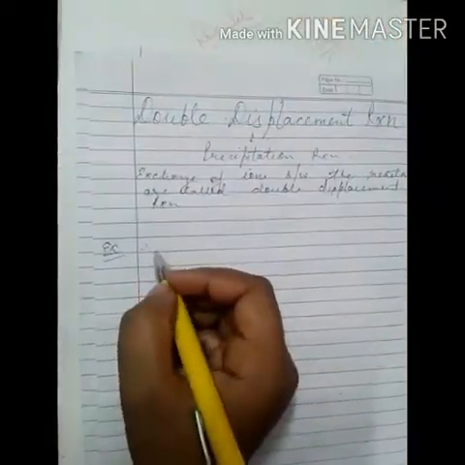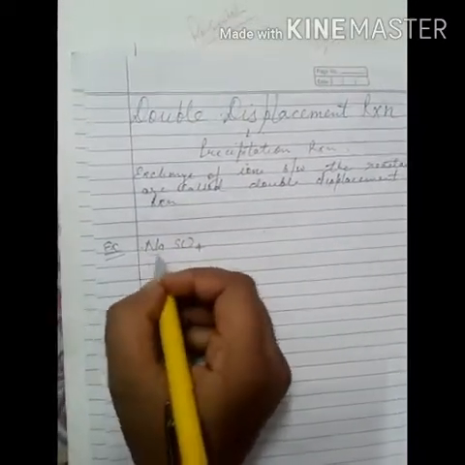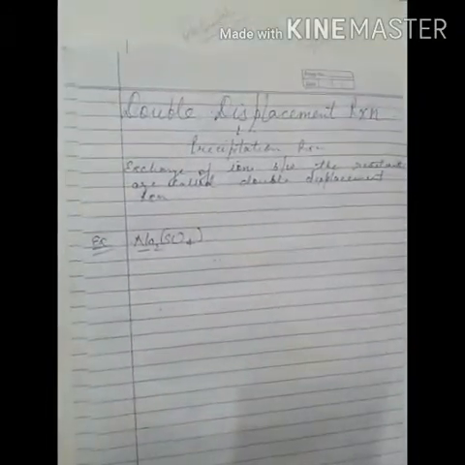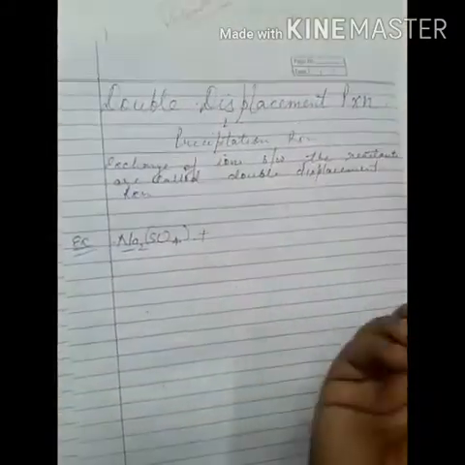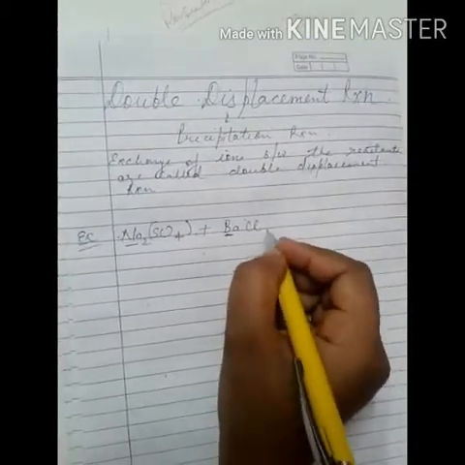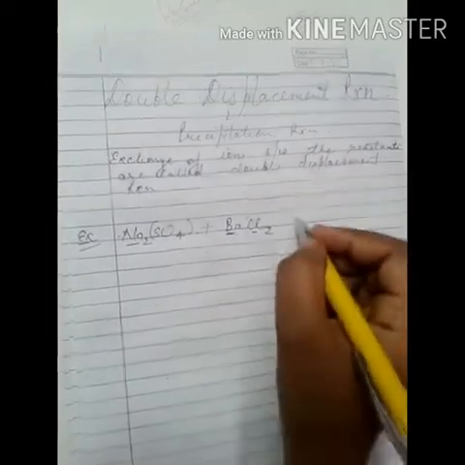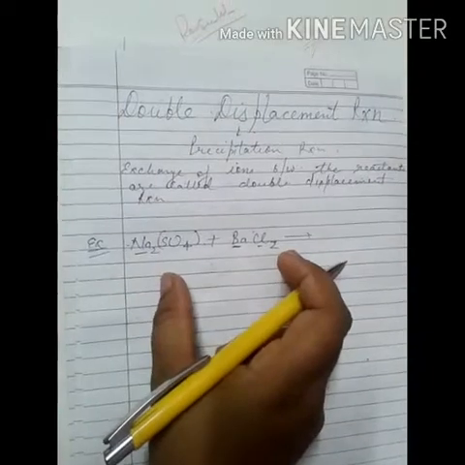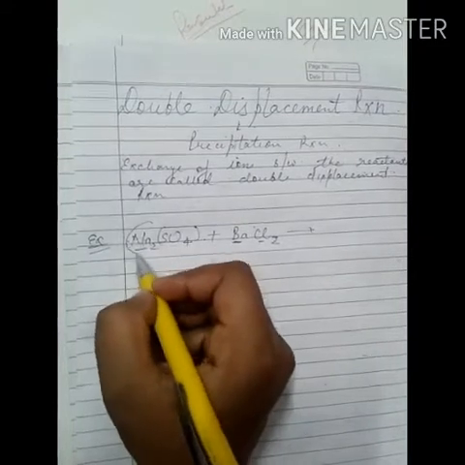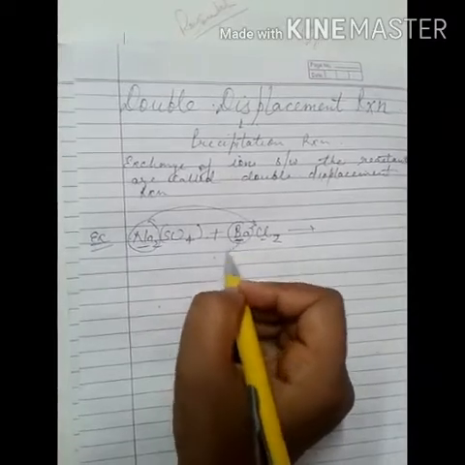So let us understand it better by taking some examples. I'm taking the example of sodium sulfate. Sodium valency 1, which we cross over here, sulfate valency 2, I'm crossing over here. The next salt I'm taking is barium chloride, barium valency 2, so 2 comes over here, chloride valency -1 comes over here. When they react together, there is an exchange of ions, meaning this sodium is going to attack over here, and this Ba is going to attack over here.